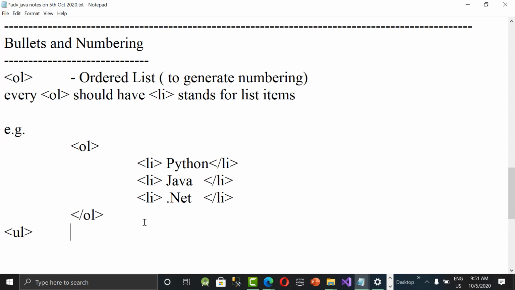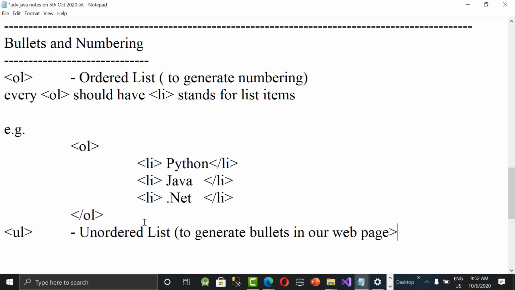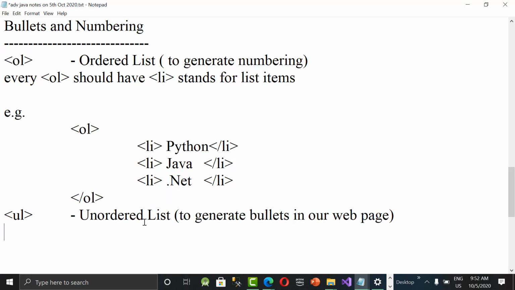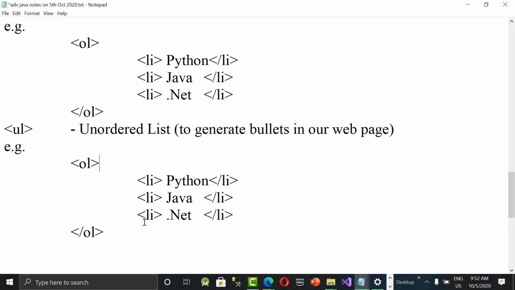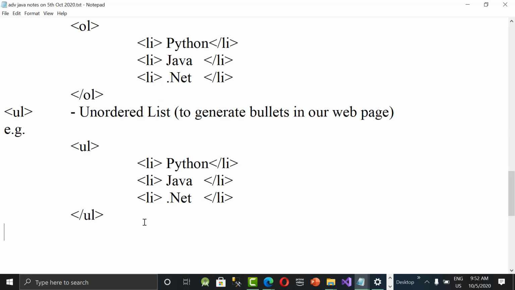UL is said to be unordered list, to generate bullets. Same thing, for example, UL tag open and close. That's it. This is the UL demo.